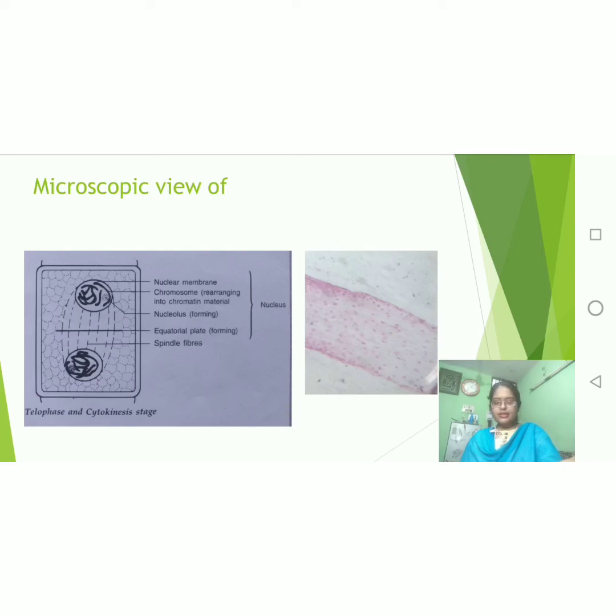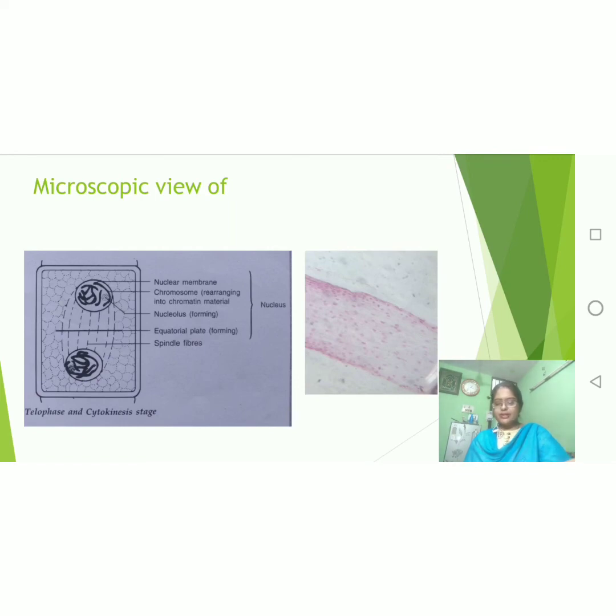So we can see in this diagram that the nuclear membrane has completely disappeared. The chromatin becomes shorter and thicker due to dehydration, and they acquire a specific shape and size. The chromatids move toward the center of the cell, with their centromeres arranged as an equatorial line. In the middle of the diagram, we can see the equatorial line.